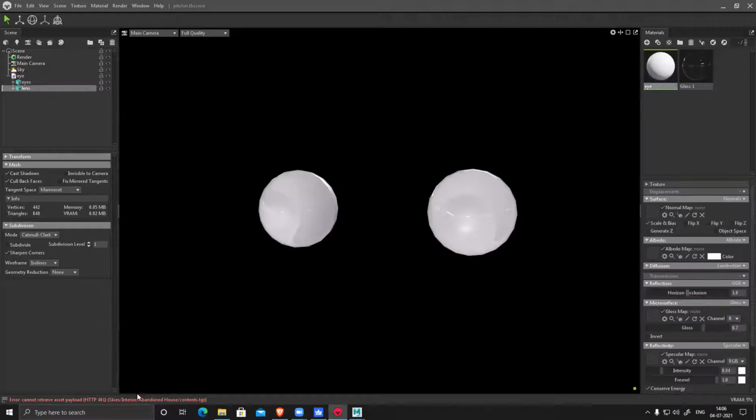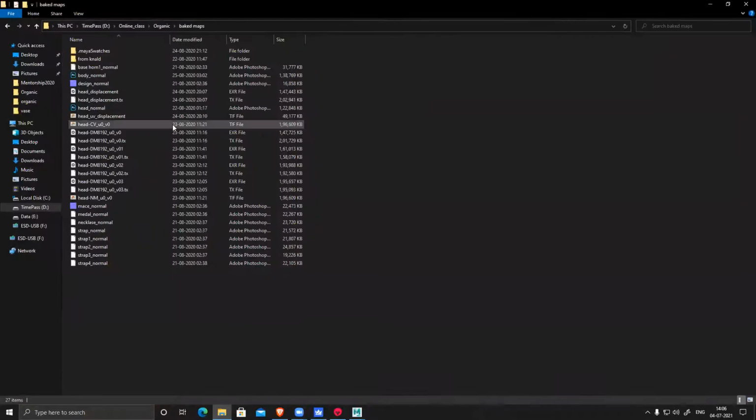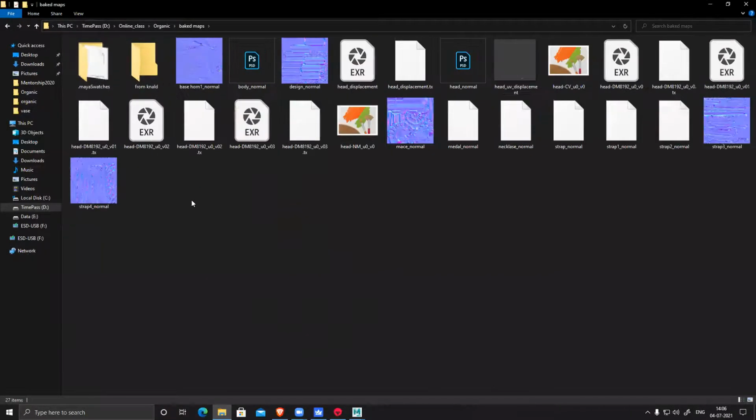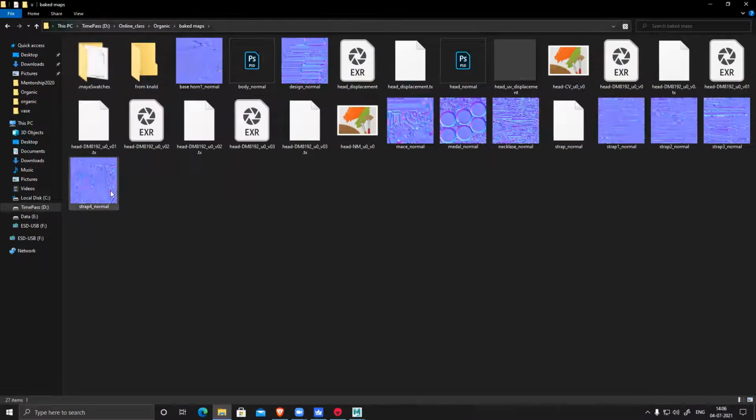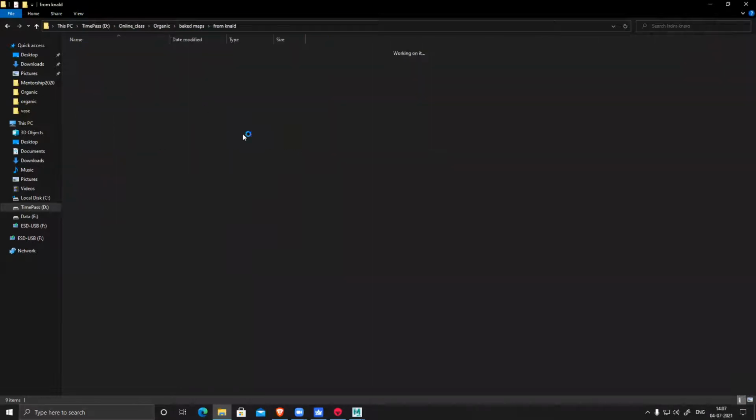This one is my eye. So I need the texture for the eye.